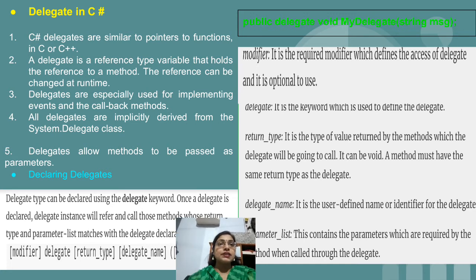As we have already seen, we can use void return type, int return type, string return type, float return type. So return type specifies the type of the data on which the action is going to be performed. After that we have the delegate name, and the last one is the parameter list, which is again optional.